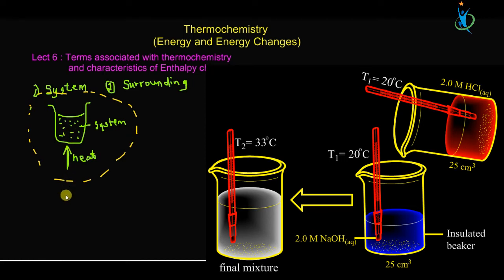Now, we also said that we have classified systems according to flow of energy into three. We said we have one, what we call an open system, a system that is open. That is when we are performing reactions and the vessels are open. This time around, you are boiling water in a saucepan and you have not covered it. So if not covered, it is an open system.